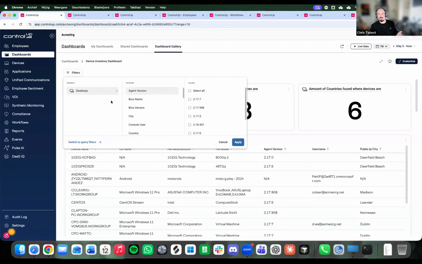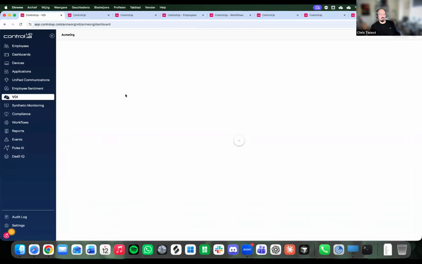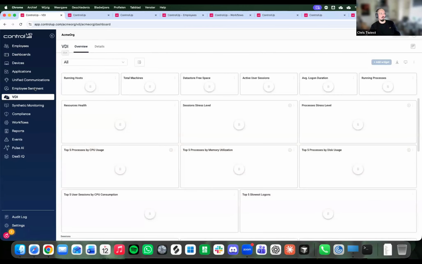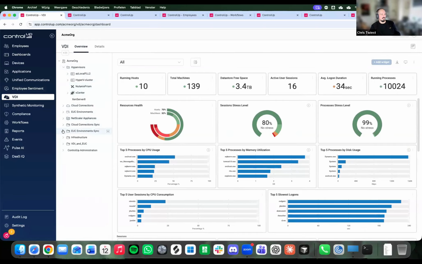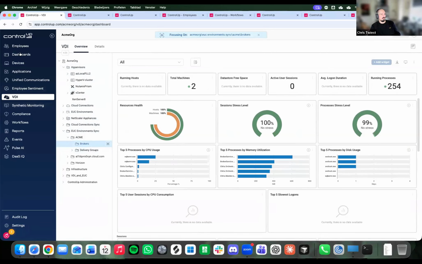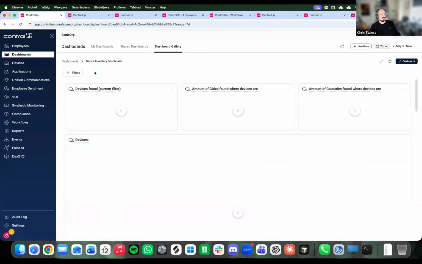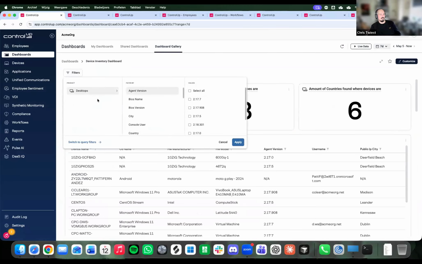And like I said earlier, soon we'll have VDI down here, and then you will have the VDI folder structure. VDI has this folder structure that you can set up in the real-time console. It's also in the SaaS version. This is the folder structure that you're seeing right here. So it's EUC, ACME, brokers. This folder structure, we are very, very close to replicating that here in this view. So then you can filter a VDI dashboard also on just one folder. So yeah, it's really easy to section out your data these days.